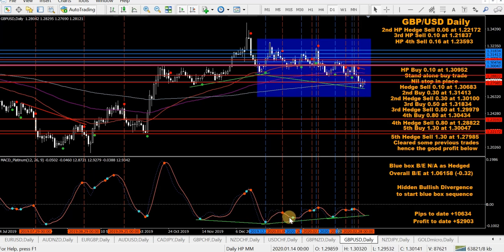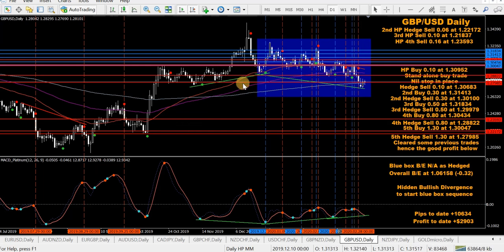this here, MACD Platinum below the zero level for this long, is highly unusual on this pair. It just shows you the sideways action at the moment, how volatility has dropped off a cliff on a lot of pairs. And the pound USD is one of them. So at the moment, ignoring these three dangling old trades over here, which are these three bottom red lines,